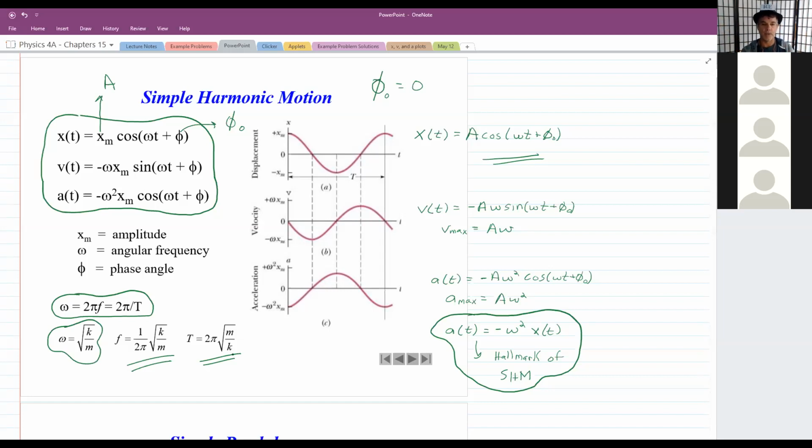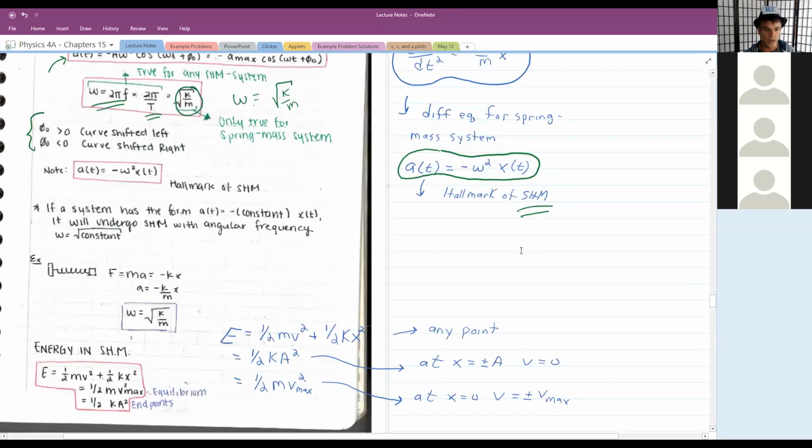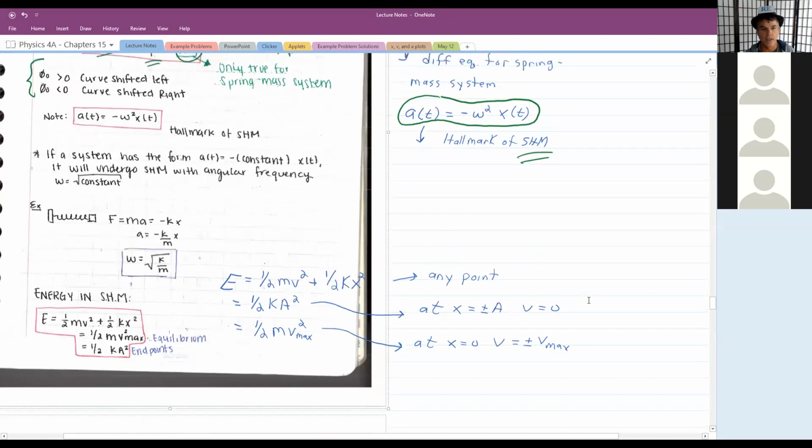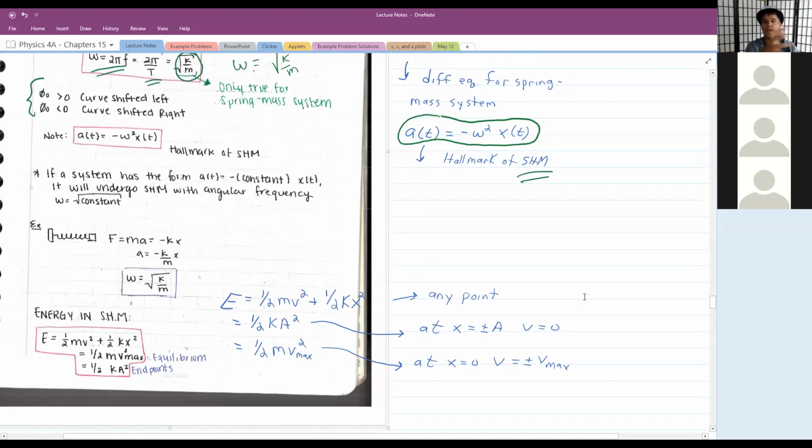It does not depend upon amplitude. Okay, and the last thing was energy in simple harmonic motion. So we are just dealing with simple harmonic motion with the object oscillating back and forth horizontally. If the object was oscillating vertically, then I would also have to look at the gravitational potential energy, but we're